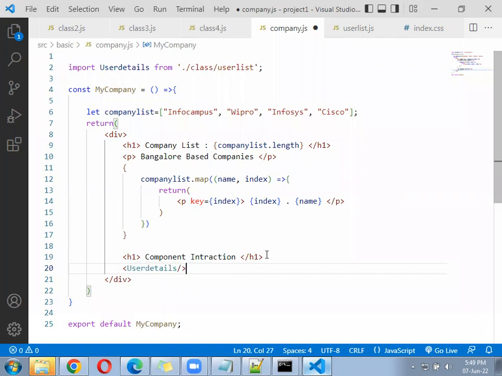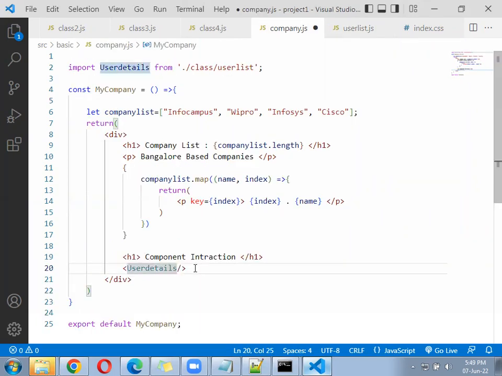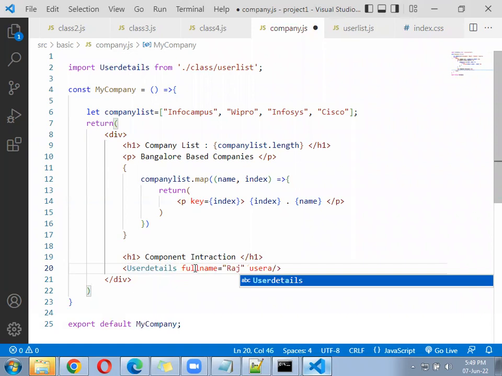Error will come. Go here, you have to pass here these parameters. What are full name, user age, education? You have to pass that values. You have to pass here full name equal to Raj. User age equal to